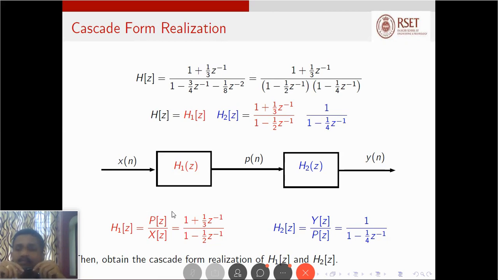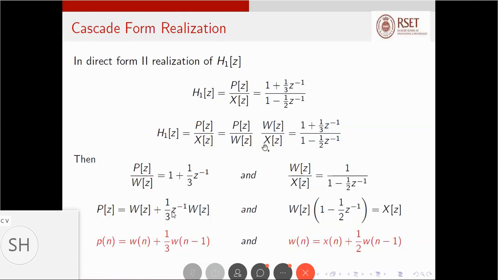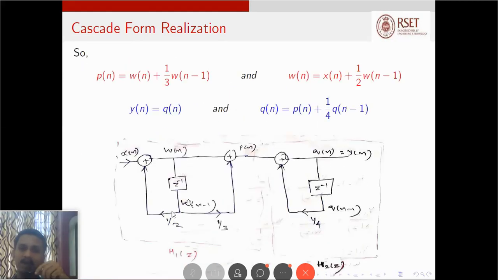Thank you, sir. Then the question is, what is realization filter? Actually, realization means you need to realize the corresponding system in hardware using the corresponding delay elements. You need to implement this in hardware. That is actually called filter realization.